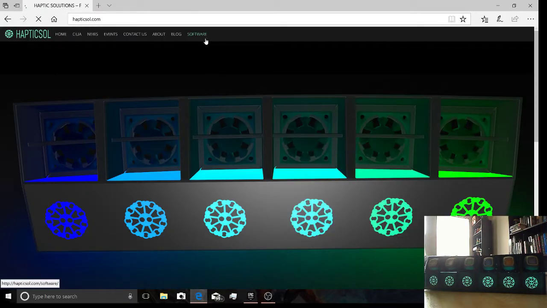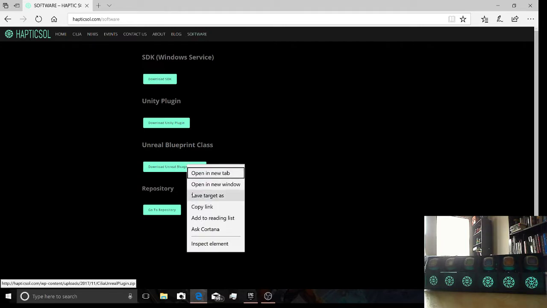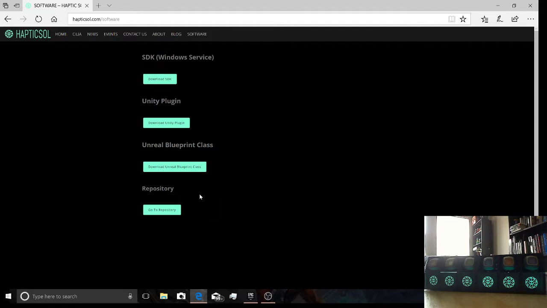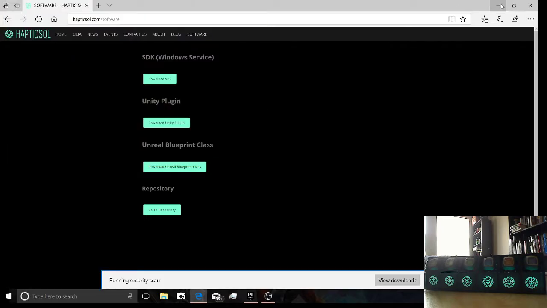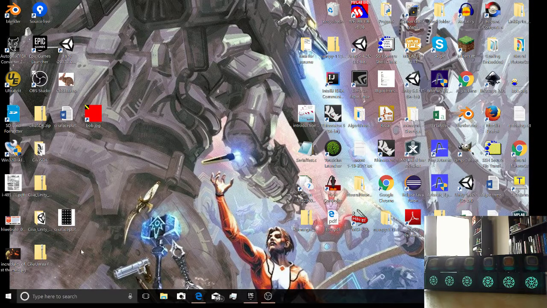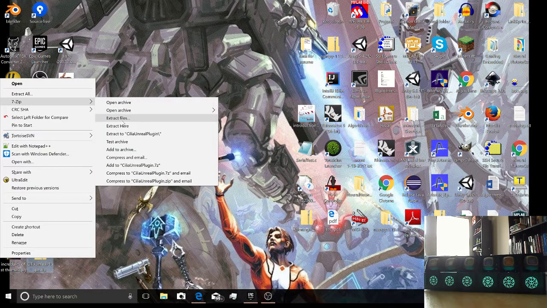We'll go to Software, and let's go ahead and save the Unreal Blueprint class to the desktop. Now that it's downloaded, we'll unzip it